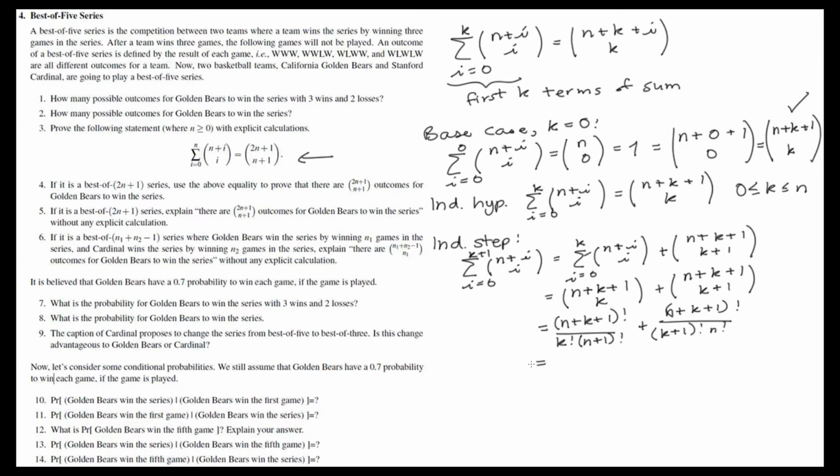Now, we can notice that there are a couple of common terms here. For example, each of them has an (n+k+1) factorial. Each of them also has a k factorial. This (k+1) factorial is (k+1) times k factorial. And similarly, they each have an n factorial, because this (n+1) factorial is (n+1) times n factorial. So now this leaves us with